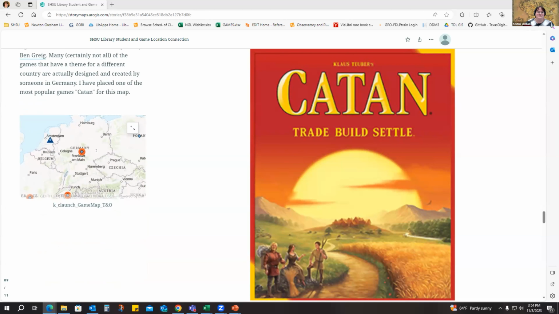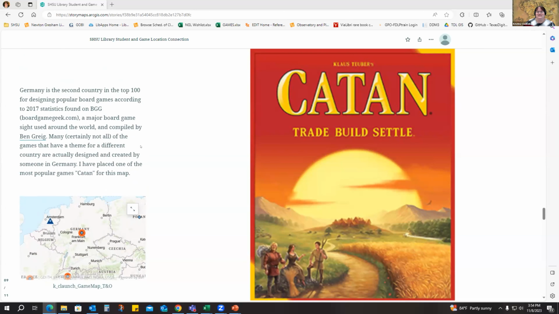Many of the games that you will see on here that are themed, I'm not going over many of those because I like a lot of the origin ones. But you can see one here in Netherlands and so on. The themed ones were often originally built in Germany, but their theme is for something else. And so I've included them as themed for that reason. So many do come from Germany, from the US, and from a few other places that are high on the list.